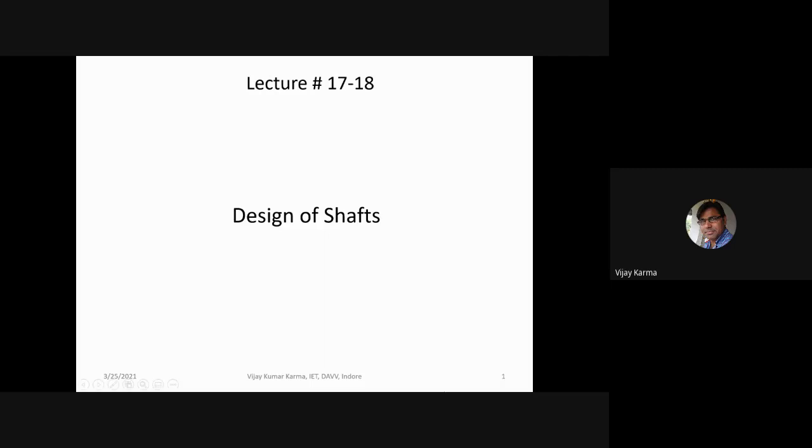आज हम डिस्कस करेंगे डिजाइन प्रोसीजर फॉर शाफ्ट्स। शाफ्ट्स को हम कैसे डिजाइन करेंगे, उसके लिए क्या प्रोसीजर है, दैट वी विल डिस्कस एंड ट्राई टू अंडरस्टैंड द प्रोसेस थॉरोली।